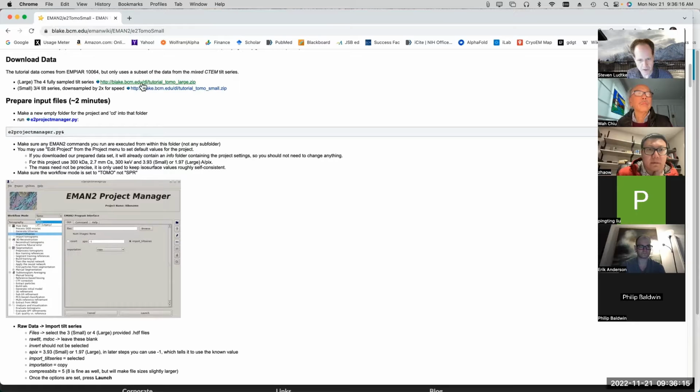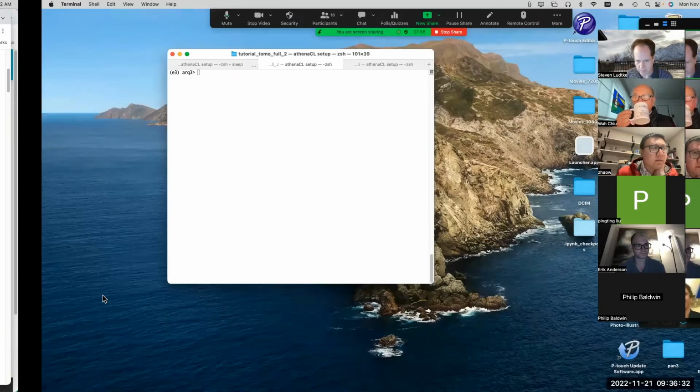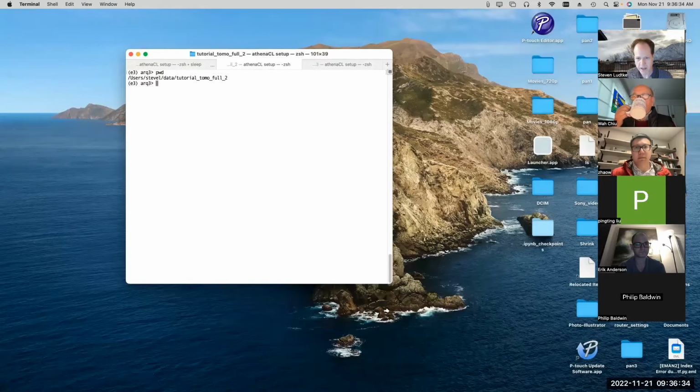I'm going to assume that you've downloaded the data already. The first thing we do here is run the project manager, and then we need to import the data into a project. So this is very much like the single particle concept, where you have a project folder, all the data lives in organized subfolders inside the project folder. So I've made an empty folder here called tutorial tomo data fol 2. It's nothing in it right now. There's another one without the 2, which contains the finished refinement that I already ran. So if we look at what it looks like,